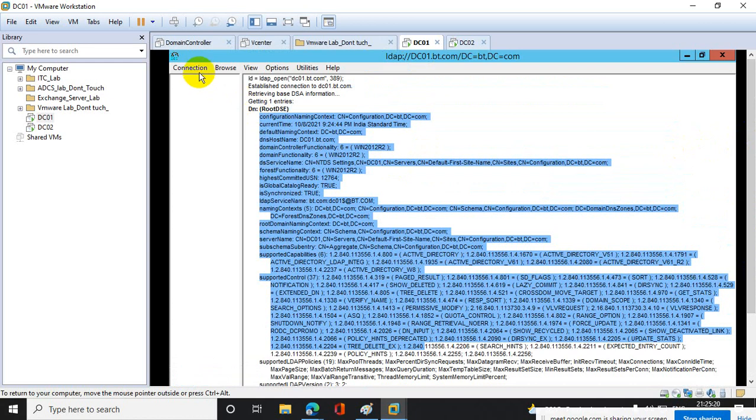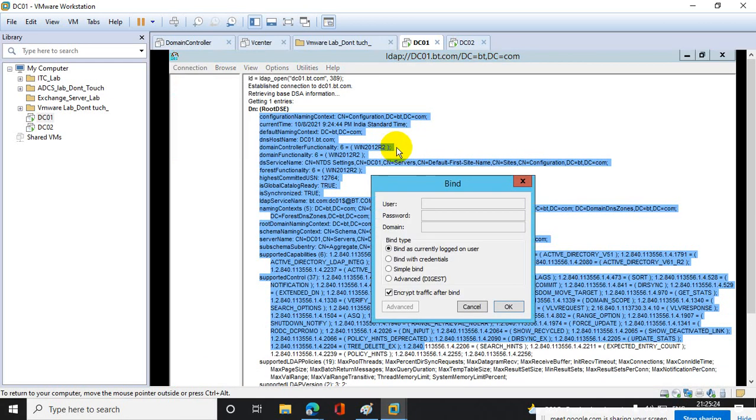After that, you have to bind the current logged-on user with LDAP, or else you will not be able to fetch your database. So here I will select Bind as currently logged on user. Click on OK.